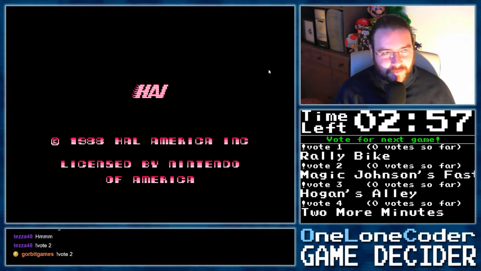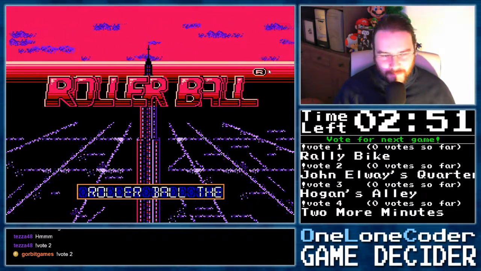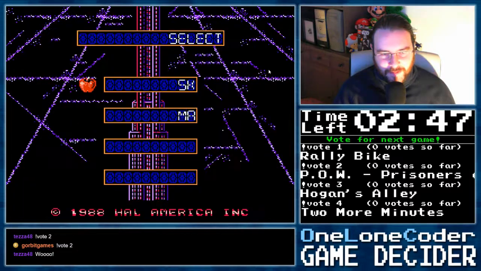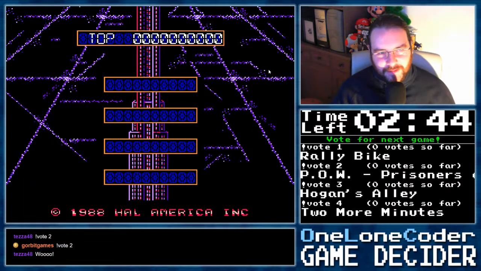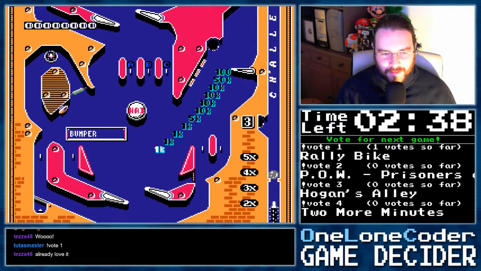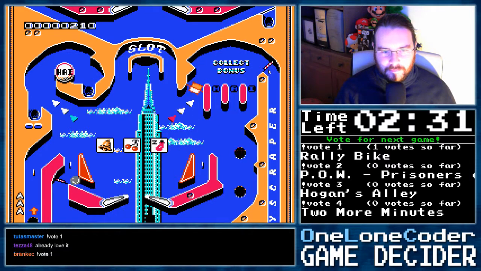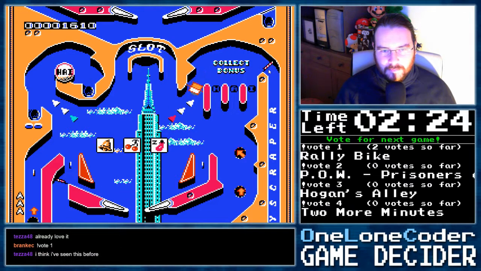What are we playing? Rollerball. It's finally come up, has it? Rollerball. The Super Pinball. Oh, we actually had this one in a previous game decided, didn't we? It was actually quite good. It was a good pinball machine game. Working out what the buttons were. That was it. Yeah, I think this one has popped up in the past. I don't have any way of choosing exclusively different games every time, so...